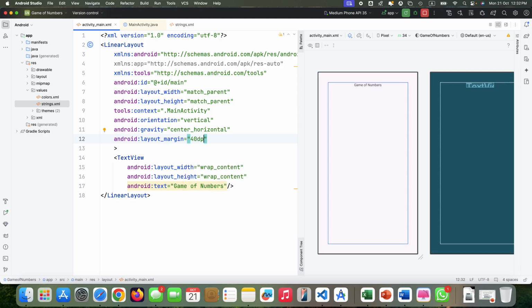Look, from the edge of the screen, it is leaving the space outside of the widget, outside of the group. Margin is outside of the widget. Understand? But if I change that thing,